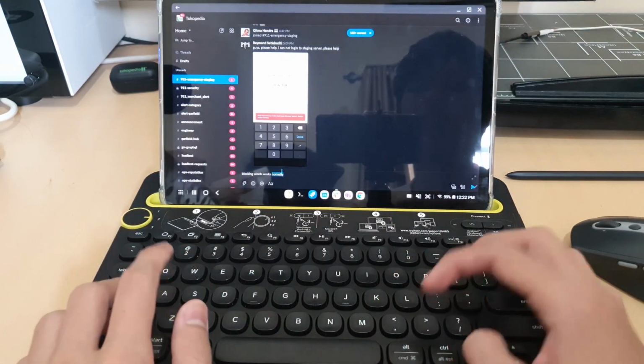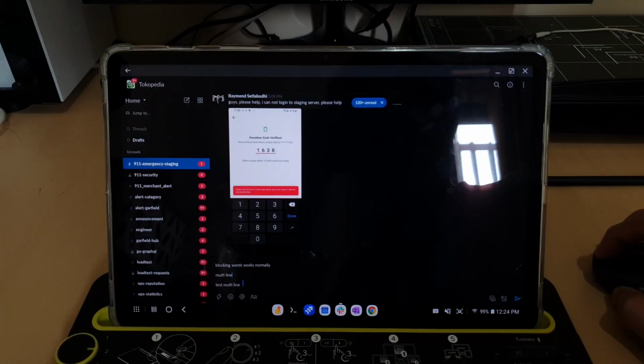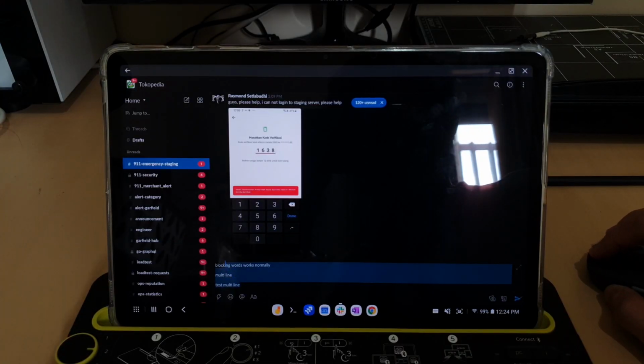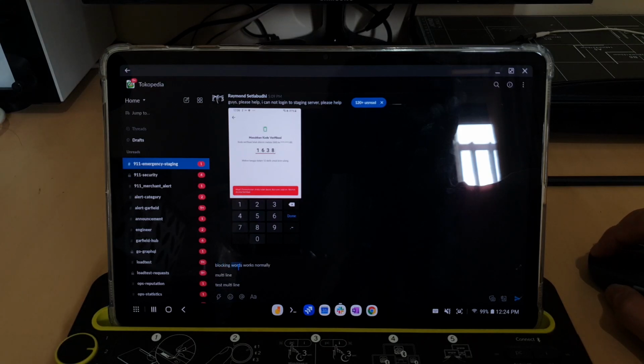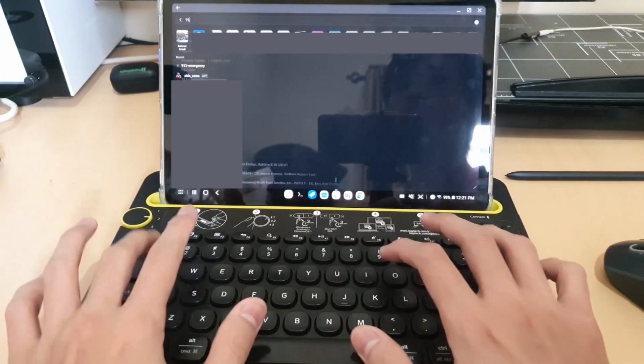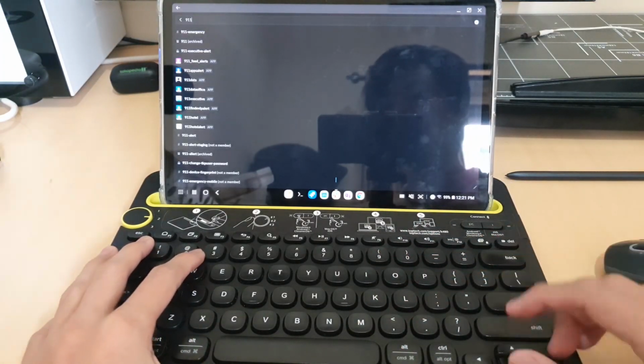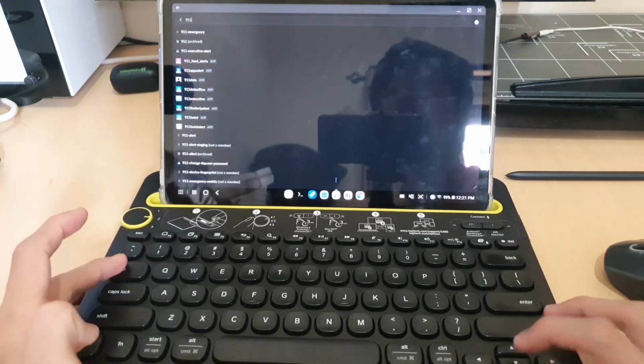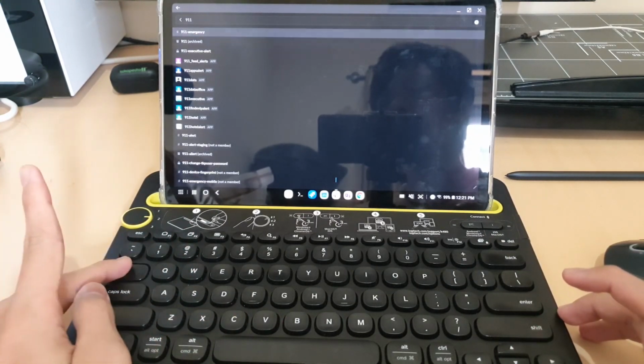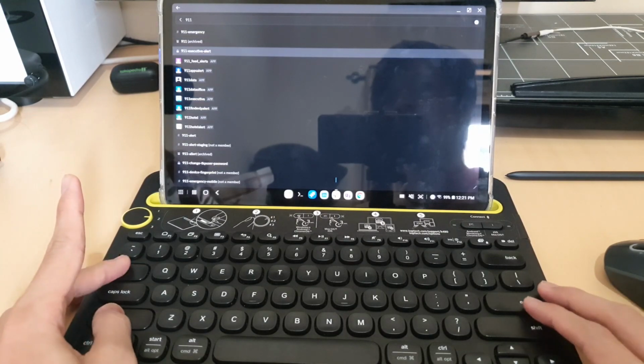So selecting words using the keyboard works great. Also, I can use a mouse to select words. So the experience is almost the same as on a Windows PC. The only downside of using the Android native app instead of the browser version of Slack is I couldn't directly press Enter to jump to a message. I will need to tap two times and then press Enter.